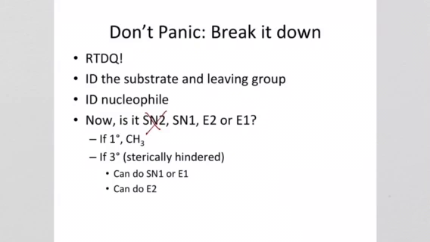If there's no strong base present, and you'll often see this in a polar protic solvent, something like an alcohol, like methanol or water, that's going to do SN1 or E1, and that can give you, as we've discussed, a mixture of compounds. So how do you know which way it's going to go? Well,